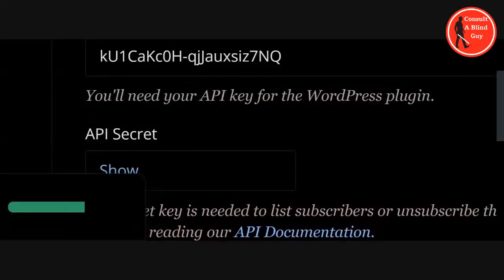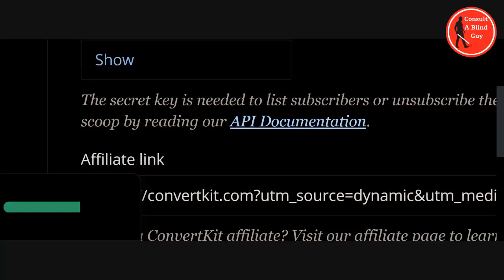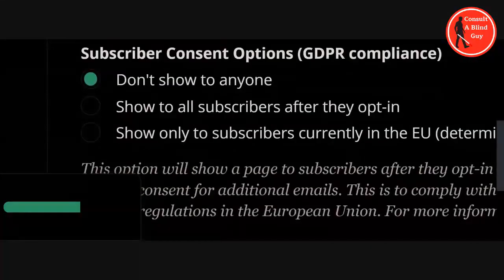I don't know anything per se about these API keys. That is something I will be looking into because I do not have a website just yet, but that will be something I will do a tutorial on later. Then you have your affiliate link, and then underneath that you have a spot that says subscriber consent options